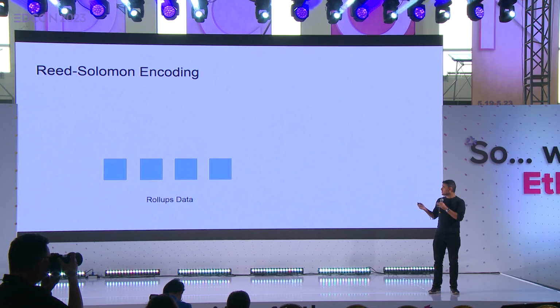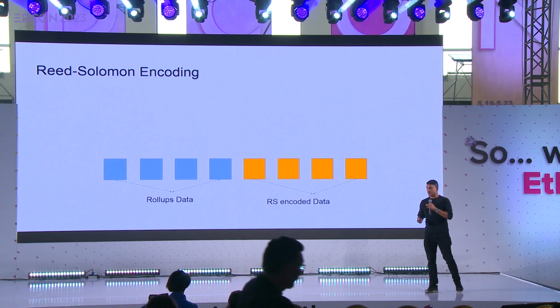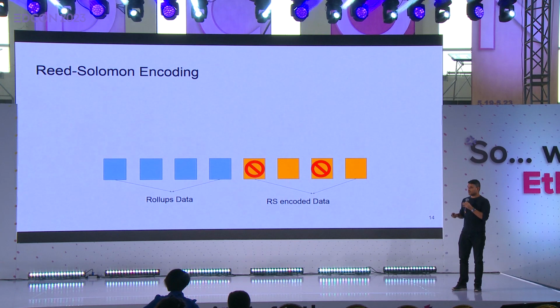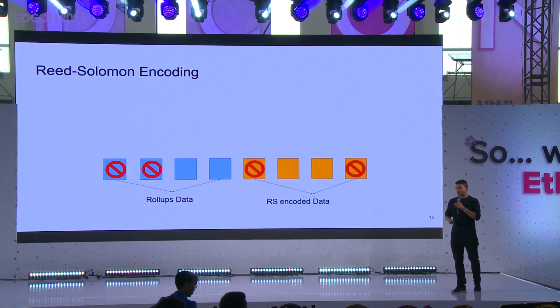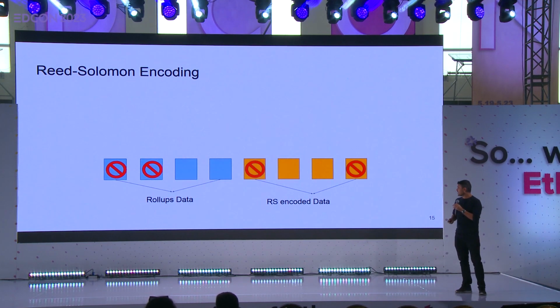Now, what you want to do is you take your block, you divide your block in different chunks, and then you erasure code that. And then you have some extra data that you can use in order to repair your block if something goes down. So if you lose 2 chunks, for example, you can repair it. If you lose up to 4 chunks in this particular example, you can repair it,